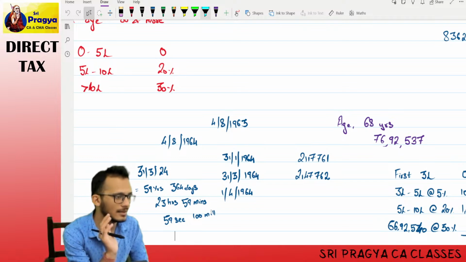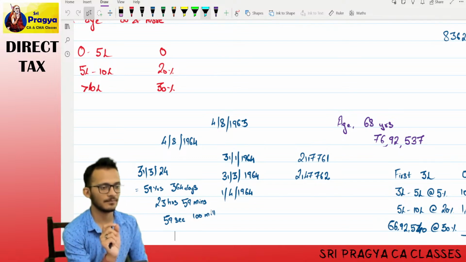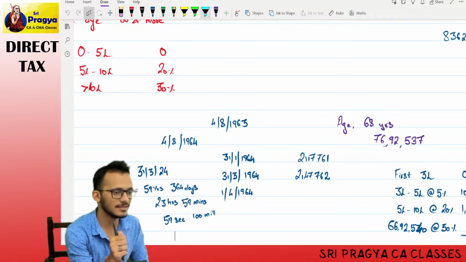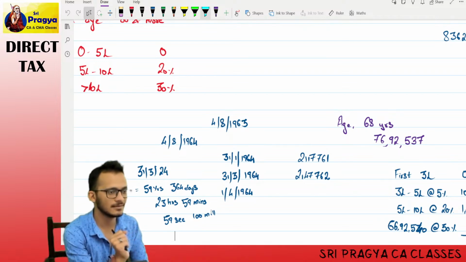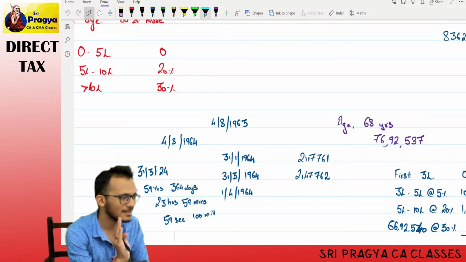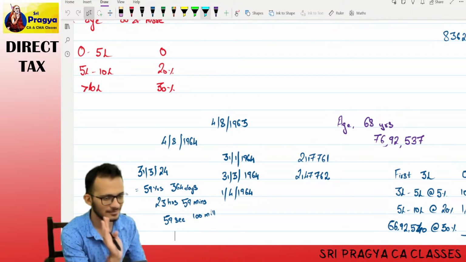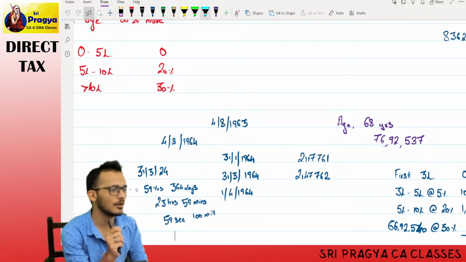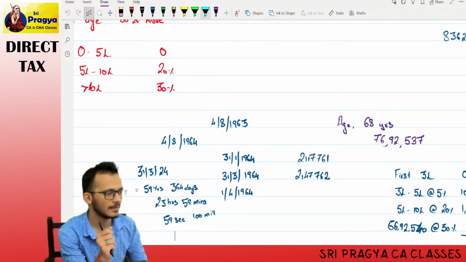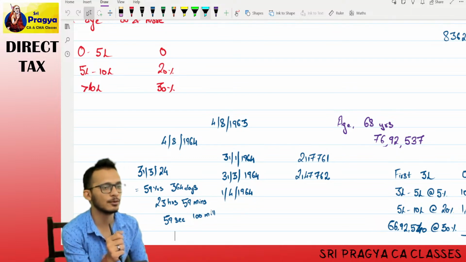On 1st April, 12 o'clock AM, when you're going and wishing someone, what is his age? 100 milliseconds. So how is he not 60? I know it looks stupid. This is not Rahul talking. This is income tax talking. Ask yourself a simple question. At 12 AM, when you're calling the person and singing happy birthday, was the 100 milliseconds already over?